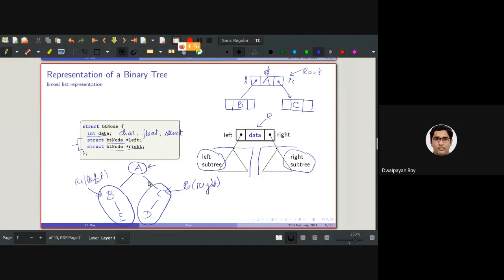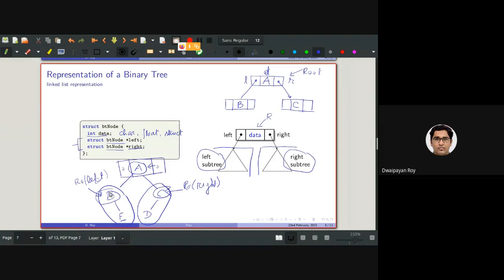Is there any question? So basically these addresses will be stored in these two positions. So this is basically a node of this structure type. The address or the location of this node will be stored here, and the location of this node will be stored here.